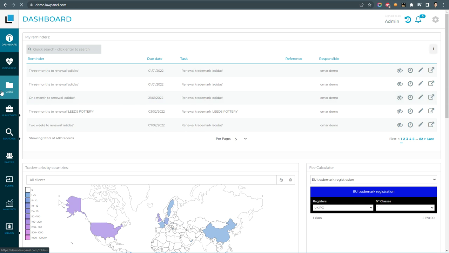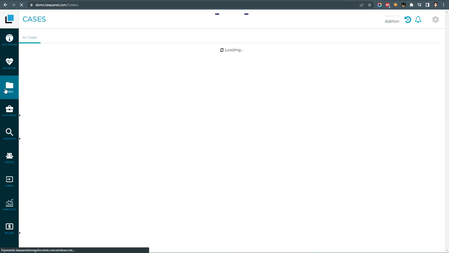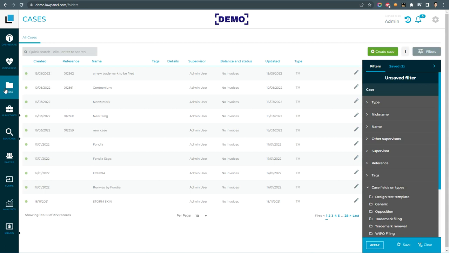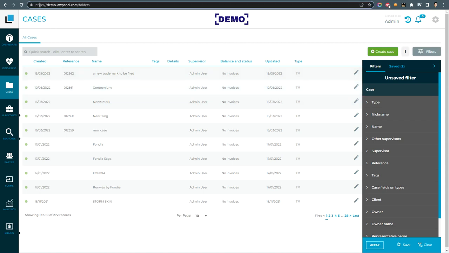Let me show you how you can select a specific case, or two or three cases, to change the supervisor. It is basically a combination of filters. I'm working with a demo firm, not with Fondia, just to avoid changing something there. So for example, if I want to change